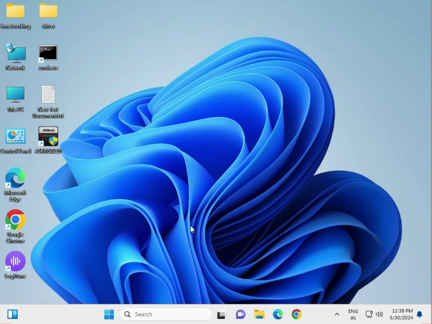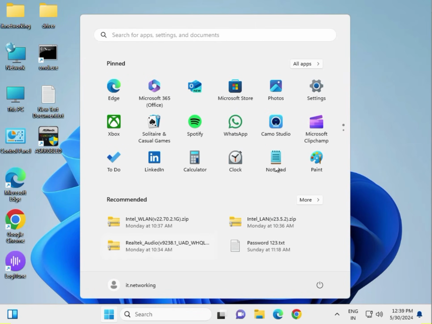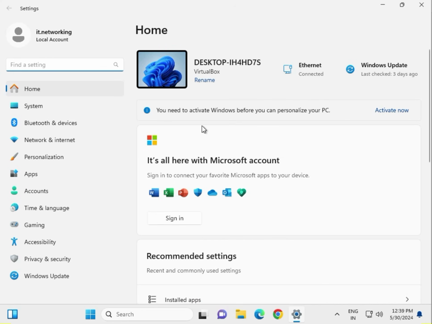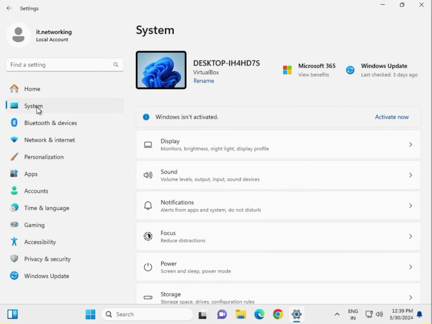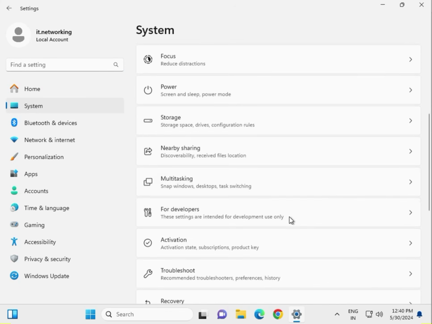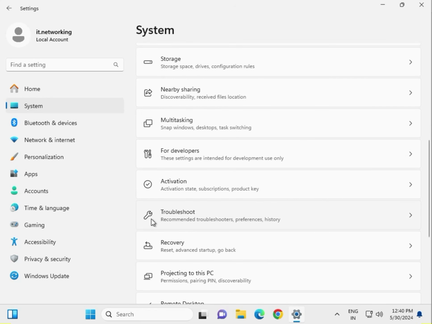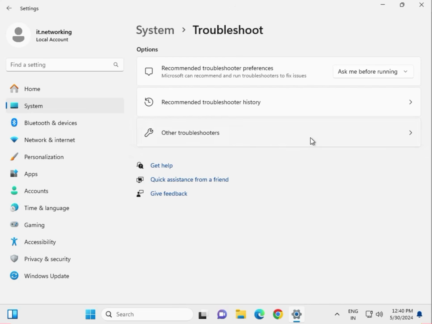So first method is run Windows Update Troubleshooter. So click the Windows Start key, go to Settings, click System, scroll down, Troubleshoot, other troubleshooters,